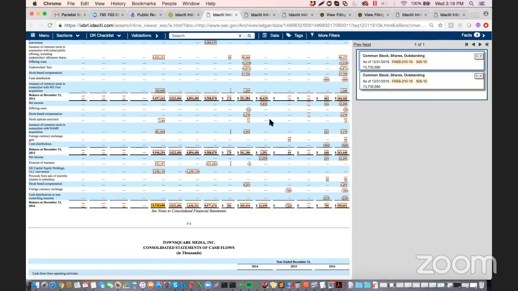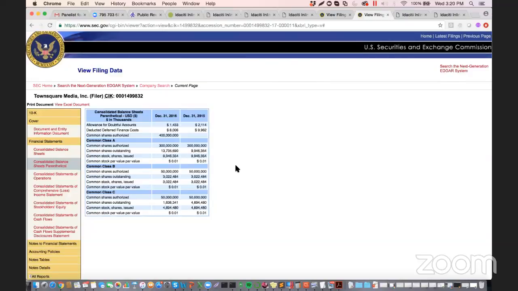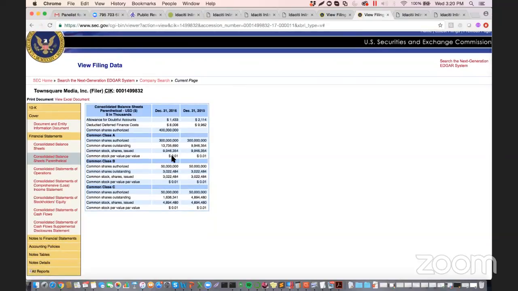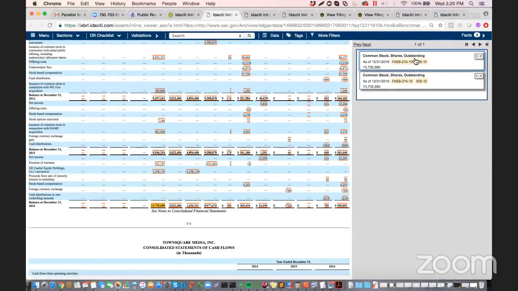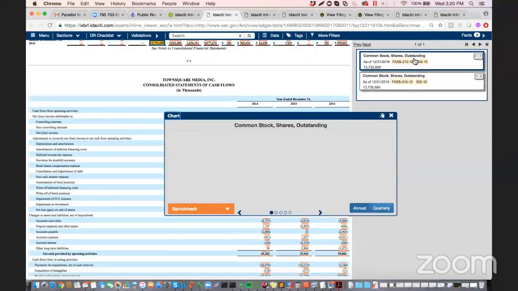Now, if you actually look at how the company tagged the issued shares, I'm going to go to the actual XBRL rendering of this, not the inline, for the same exact filing. You can see that the company tagged shares outstanding as 13 million, but they also tagged common stock shares issued as 9.9 million. So clearly, this is an error whereby the company should not be tagging common shares outstanding as greater than shares issued. So if I click on the attributes tab again,